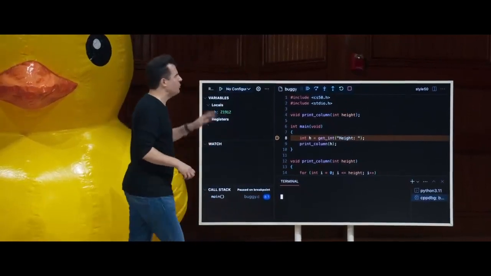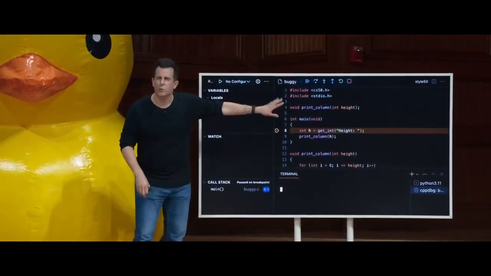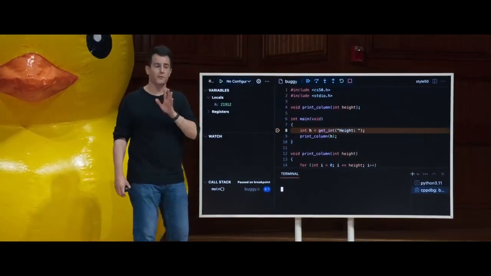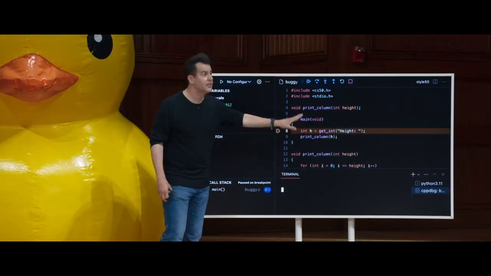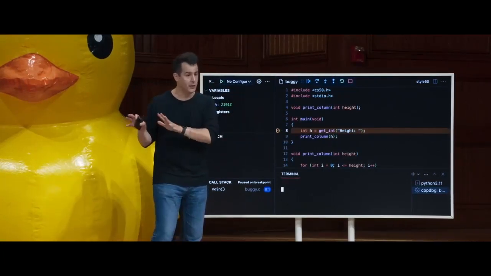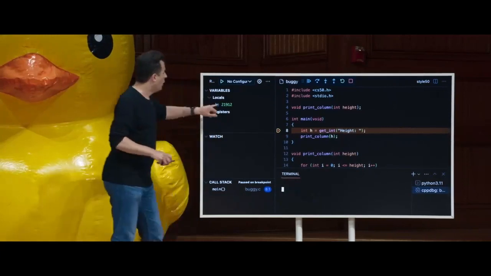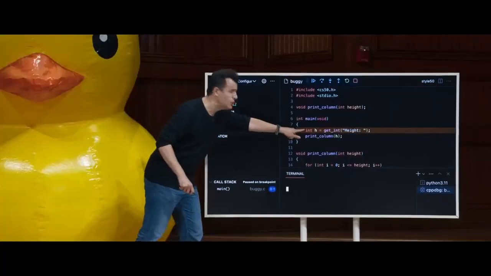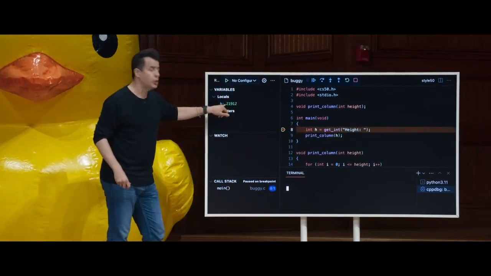But a garbage value is, you can think of it as remnants of whatever was in the computer's memory before you ran your program. And that's a bit of an oversimplification, but you cannot trust that a variable will have a certain value in this case if you did not put one there yourself. So for now, h is sort of nonsensical. It's a garbage value. It means nothing. But once I execute this line, it should contain whatever the human types in.